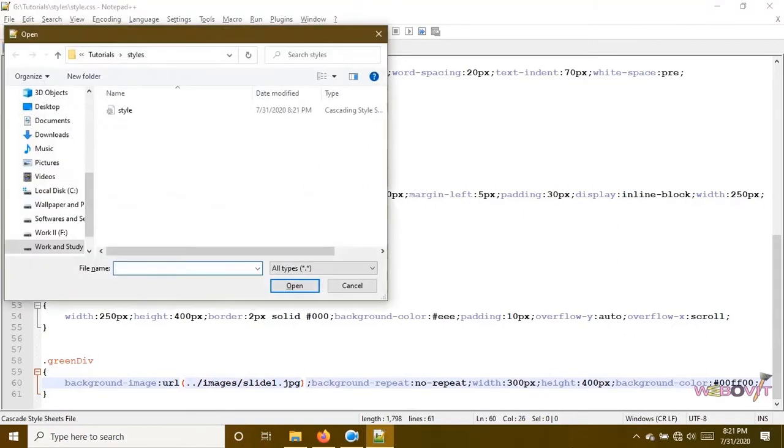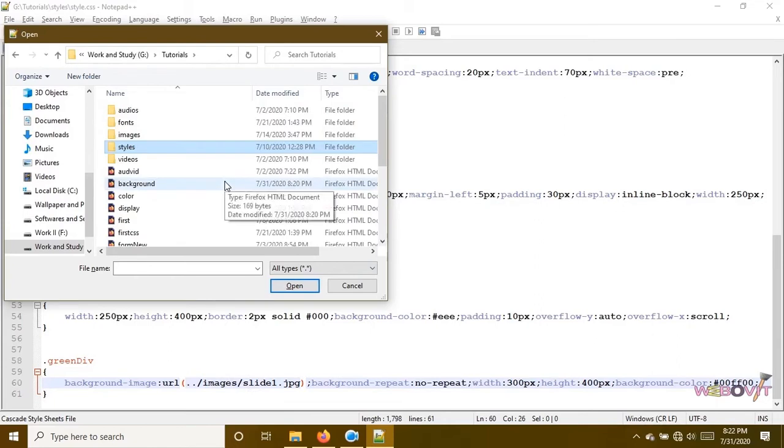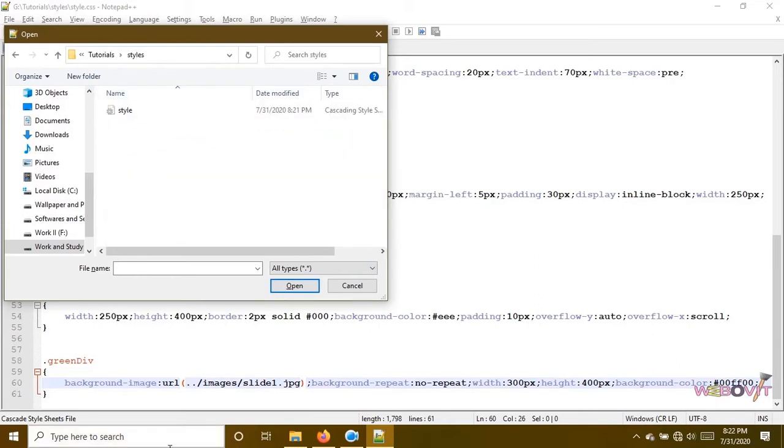If we see our file structure, currently we are inside the styles folder, but the images folder is not available here. The images folder is available one directory up. So we have to go one directory up, then we can find the images folder. If you are writing code for a style sheet file in some folder where you don't have a particular folder, you need to go one directory up or two directories up.